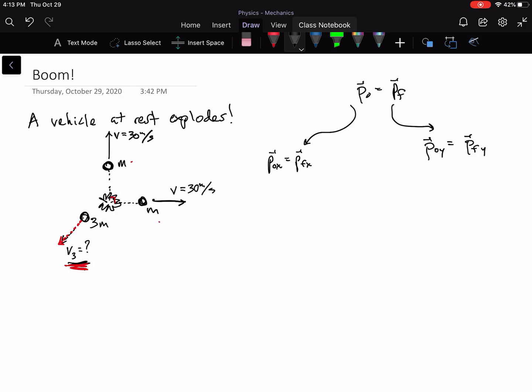And initially it is at rest, so that means that the left-hand side of these 2 things just goes to 0. And the right-hand side, well, if we use the usual thing where this is y, and this is x in terms of our axes, well then there are 2 things that have x components potentially. One that we know about, which is this guy. So we put that term in first, say, and that'll be mv. And then we know that the other one is going to be some velocity. We don't know what it is,